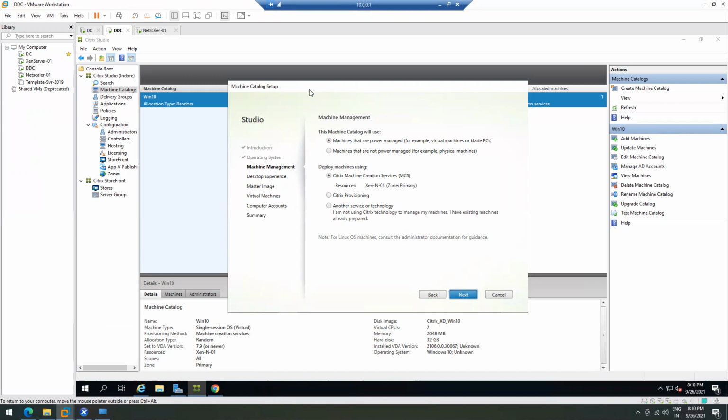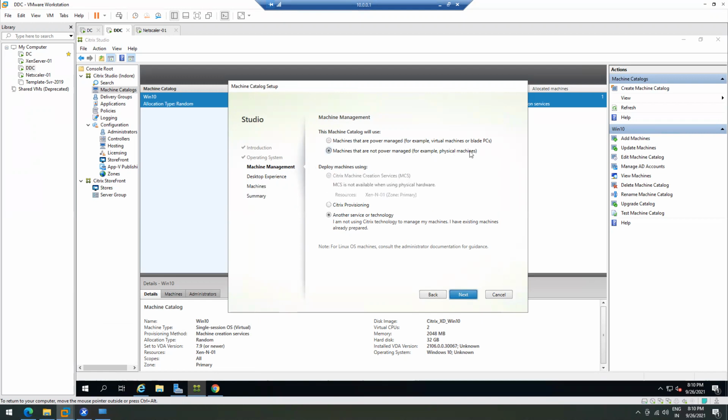If you are using a physical desktop located in your office premises, that is not a power managed machine, meaning someone has to be there to power it on. That is a rare case. In the real-time environment, we click the first option.